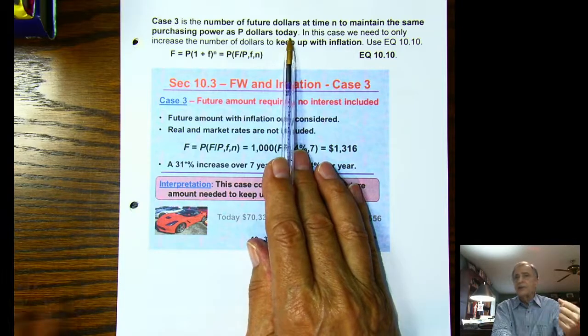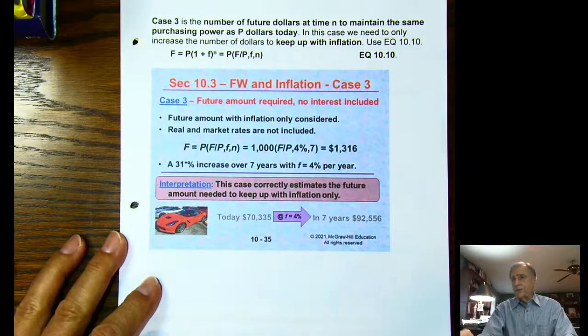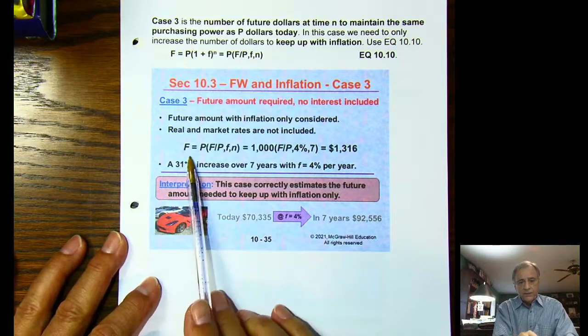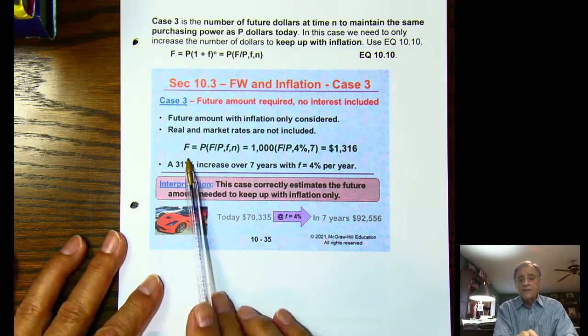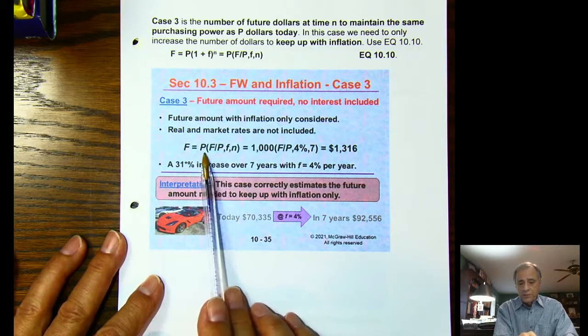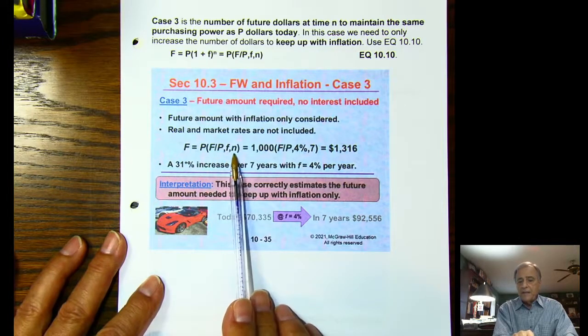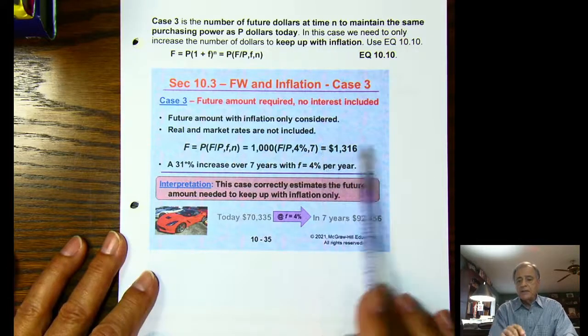That was P, remember. P was $1,000. In this case, all you have to do is find the future value at the inflation rate. So the future value in terms of buying $1,000 worth of goods and services is P, which is 1,000, F given P. F is 4%, N is 7 periods, 7 years,